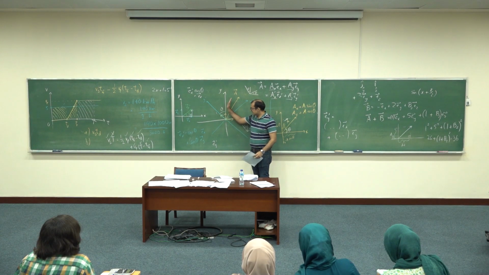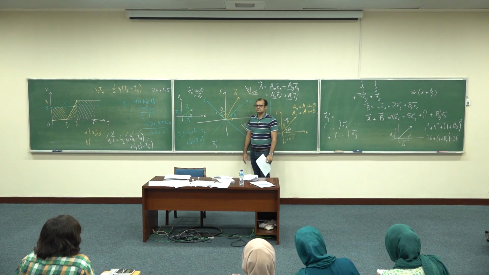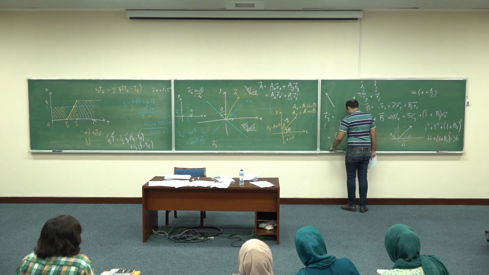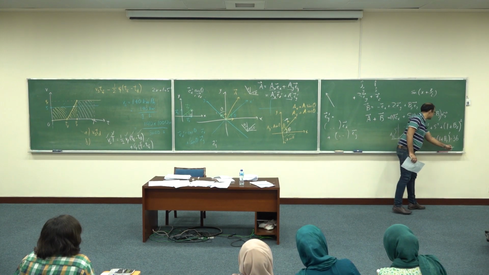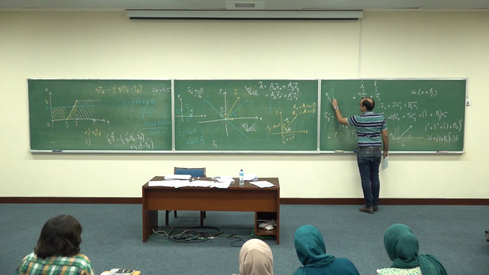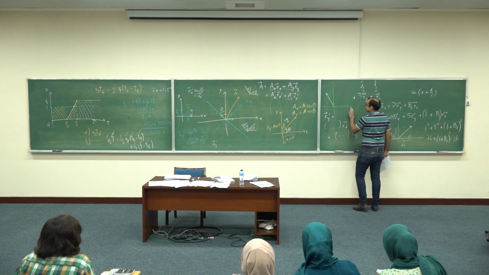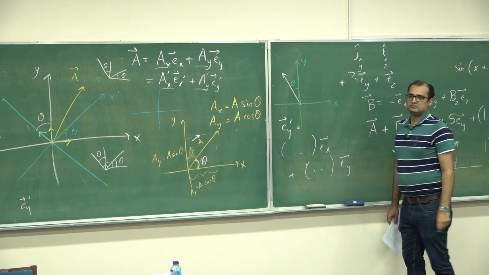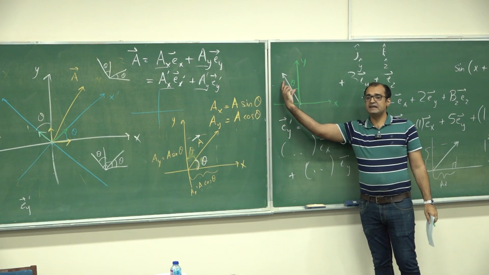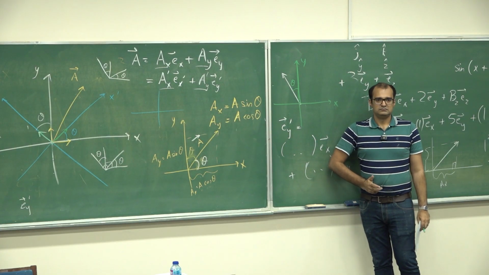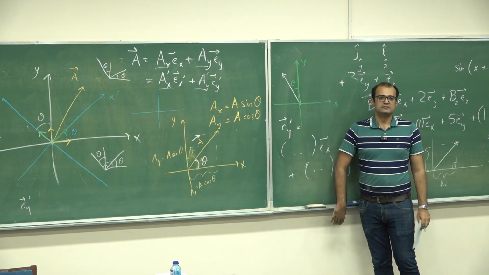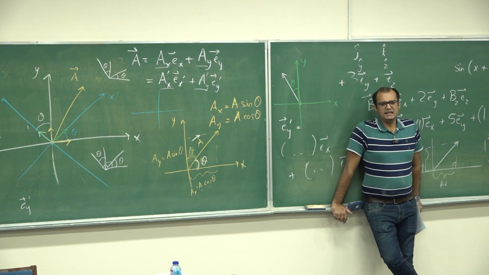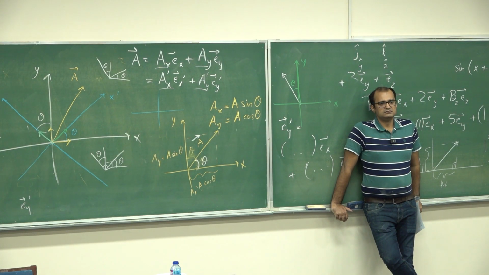Okay, anyway, if this angle is theta and you now have this arrow to write down in terms of these unit vectors, एक ये तो क्या लिखोगे आप? ये आपका एरो है, ये आपकी एक्सिस है, दिस इज एक्स एक्सिस, दिस इज वाई एक्सिस, दिस इज थीटा। अब बताओ, द साइज ऑफ दिस वाइट एरो इज 1। अब बताओ क्या लिखोगे? माइनस साइन थीटा ई एक्स प्लस कॉस थीटा ई वाई,